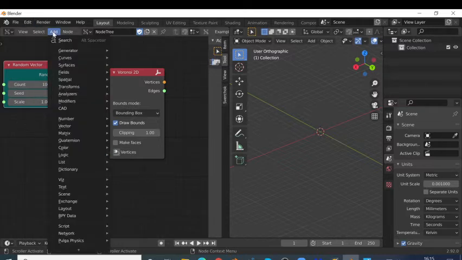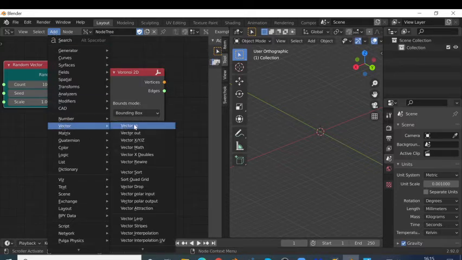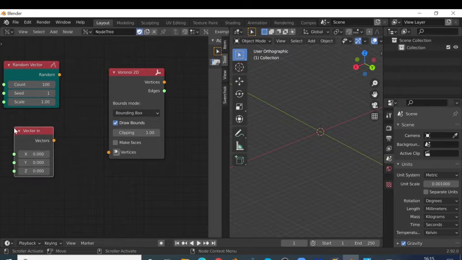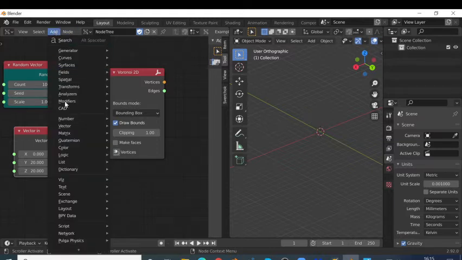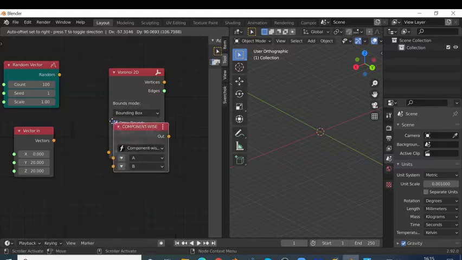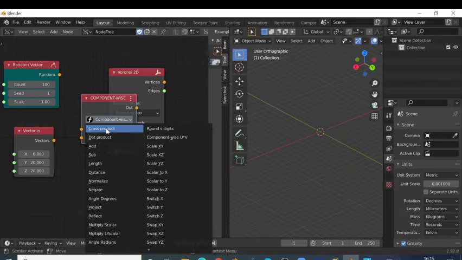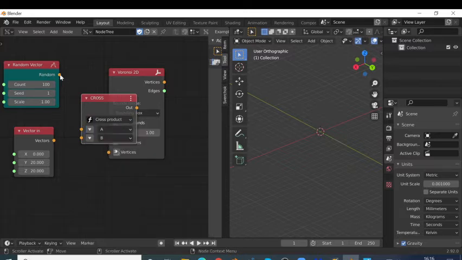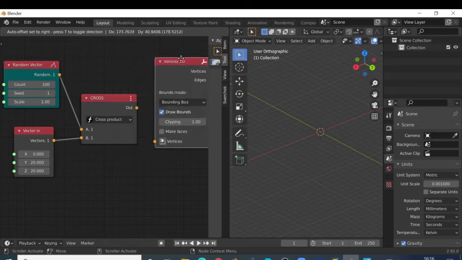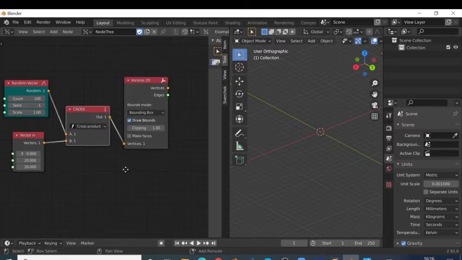And we're going to multiply that by a single vector, so I need a vector in, and I'm going to set the Y to 20 and the Z to 20, those values there. Now what we're going to do is multiply these two vectors together. So if we go to add vector and vector math, I'll just put it there. So we need to change the function to cross product, because by multiplying these two vectors, so the random vector, 100 of them, with the vector in, and then feeding that through the Voronoi 2D node, we can get an